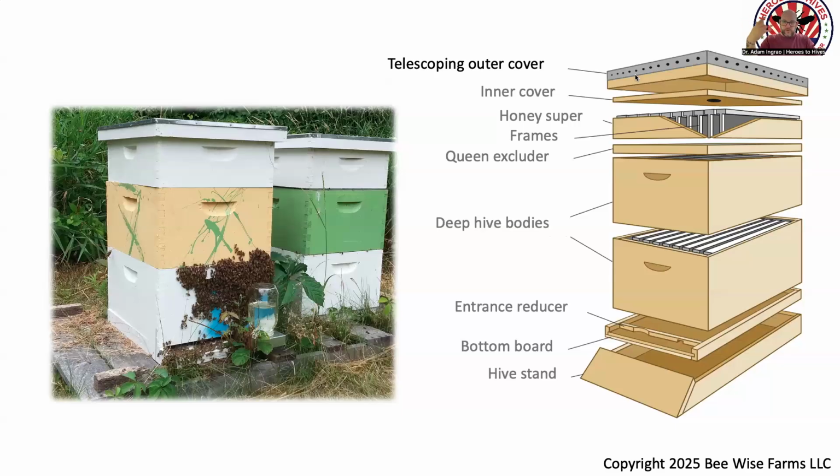But if you are wanting to have the telescoping cover, that is what most hobbyists are using when they buy their beekeeping equipment. It's nice because the metal outside actually prevents the weather from getting in at any point. The only drawback I'll say is they're more expensive, but the other one is that